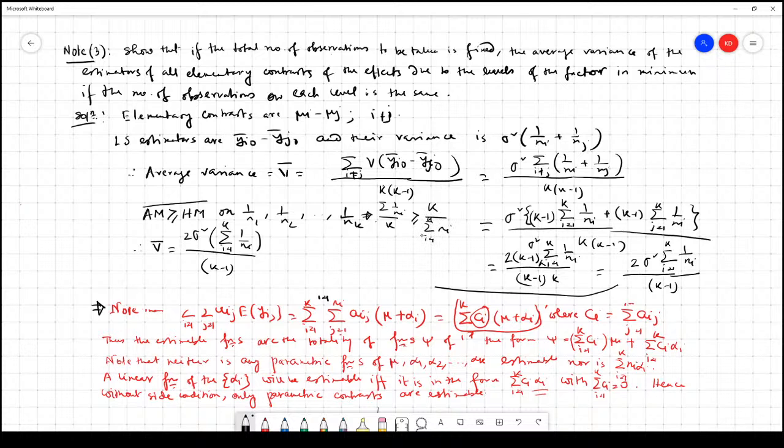Okay. So therefore, if you apply this, this is greater than equal to 2 sigma square into k, sum over i from 1 to k of ni by k minus 1, and this is equal to